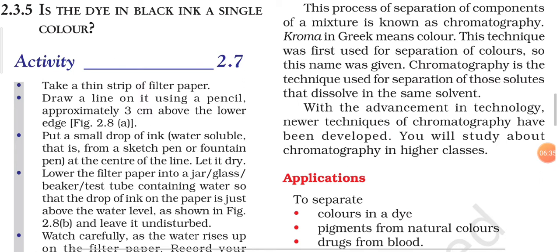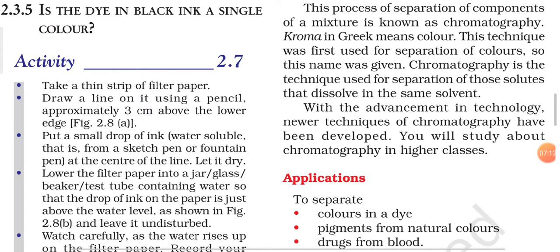Third and the last one is drugs from blood. Drugs from blood are also studied in forensic science and the forensic lab, where the chromatography technique is used to find out what kinds of drugs are available in the blood. First of all, you need to know whether blood contains drugs or not, and if it does, what their nature is. To know the nature of the drug present in blood, we first need to separate it from the blood.